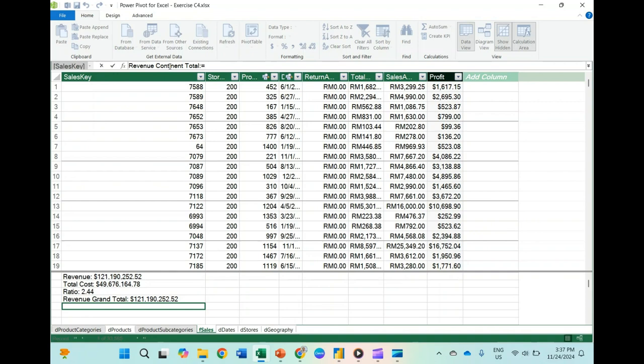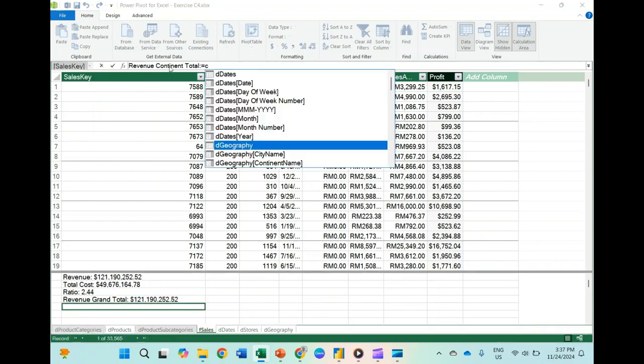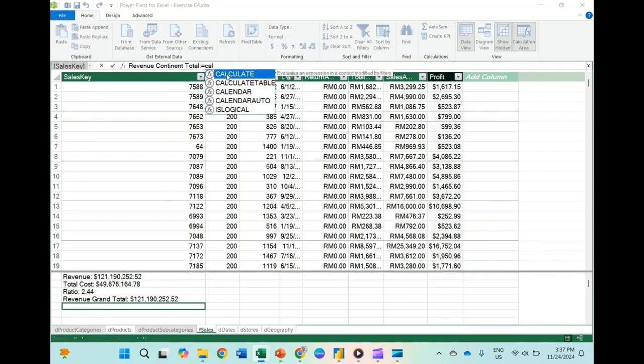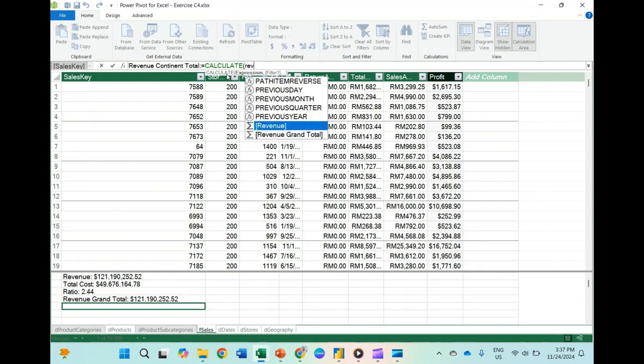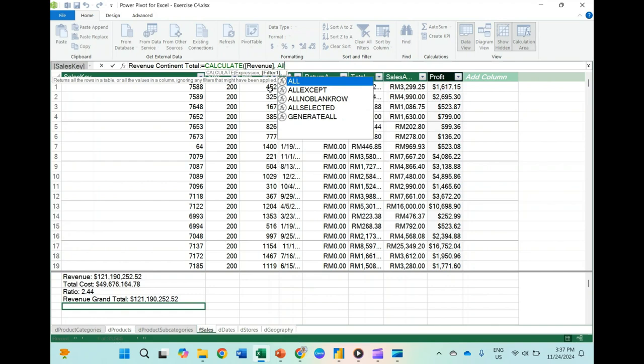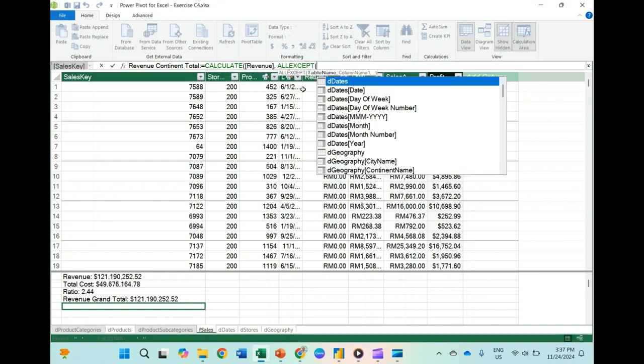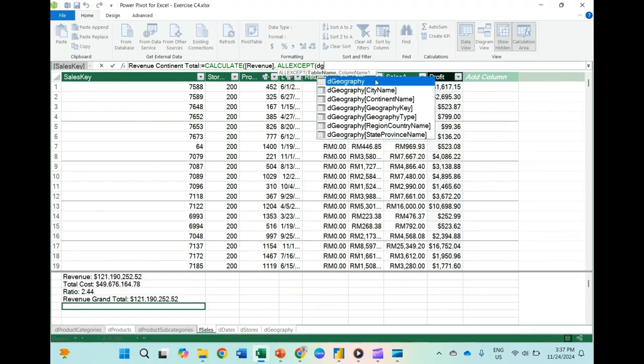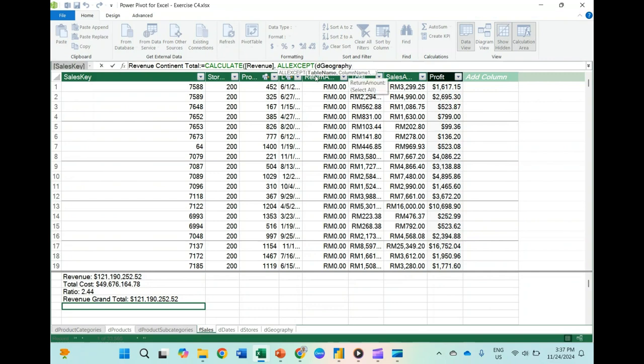Equals to calculate, using a revenue, and then ALLEXCEPT from the geography table name.